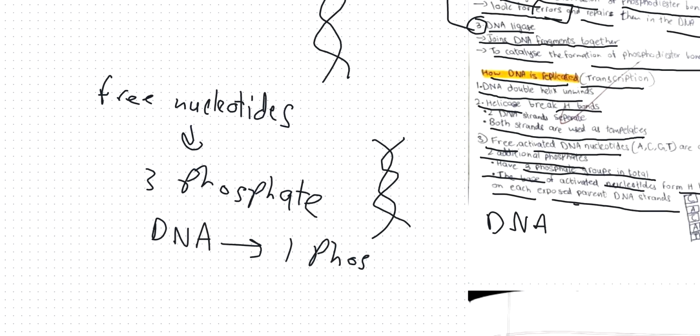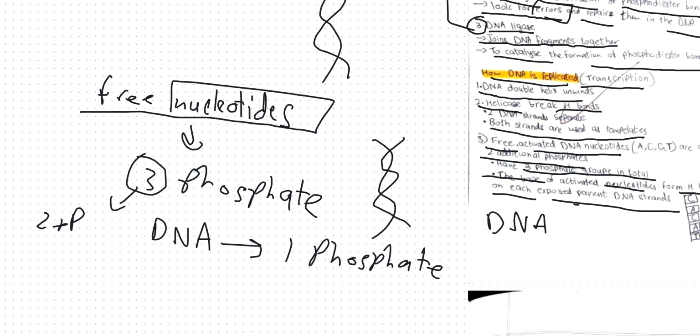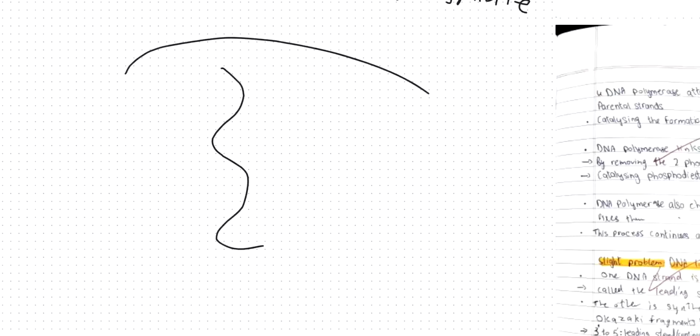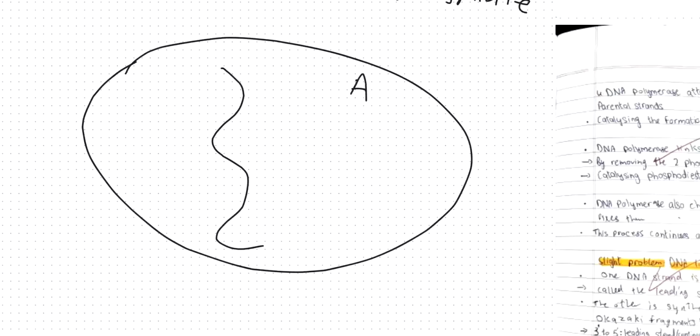So why does it have two extra phosphate groups? Because these nucleotides are activated with two additional phosphate groups. So when you have two additional phosphate groups, you have activated nucleotides. Now, these activated nucleotides, right? Let's say this is the cytoplasm. These activated nucleotides, the A, T, G, and C, are all activated by two